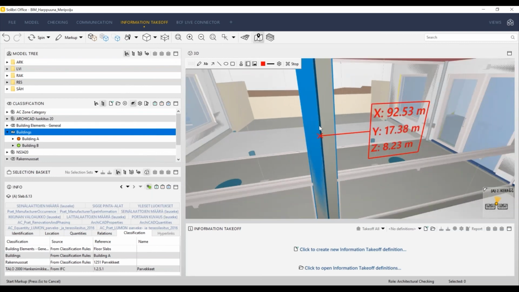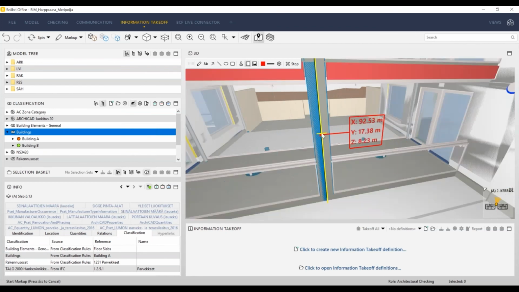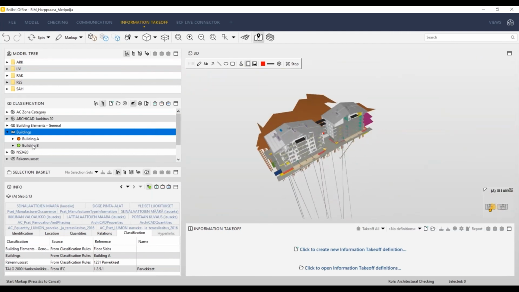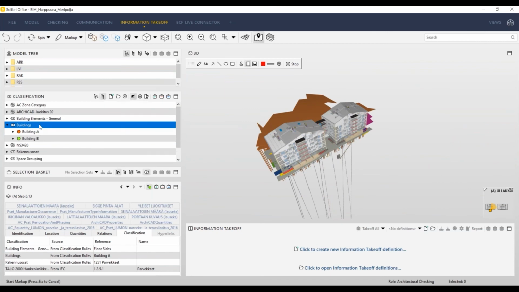So this is where I want to do the separation of this being a building A and the other part being the building 2. And now you can see that the X is 92.53. So from there I have picked the coordinate, and I've done it in the classification. We could do this classification also manually,